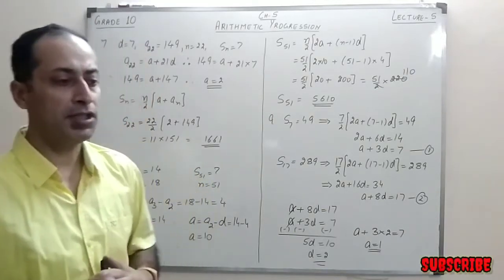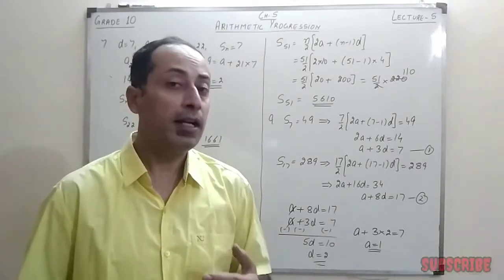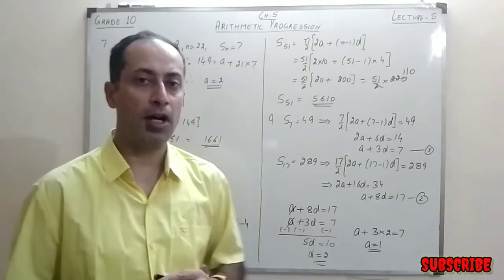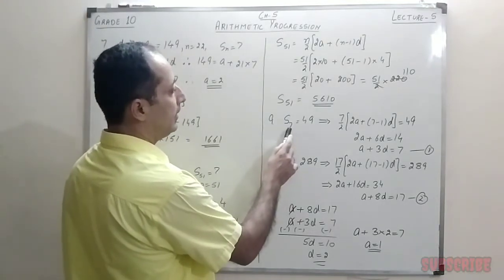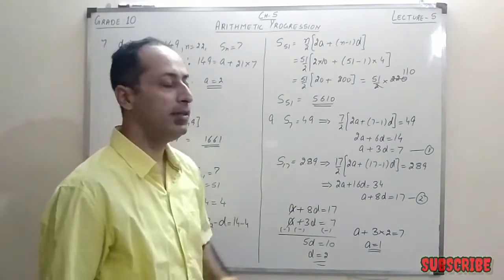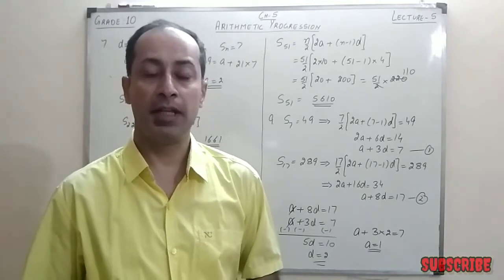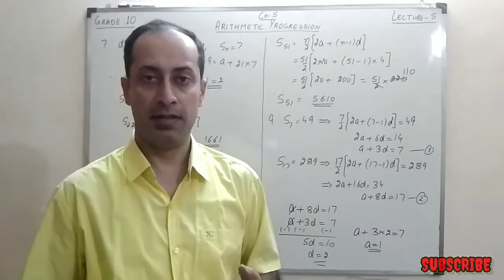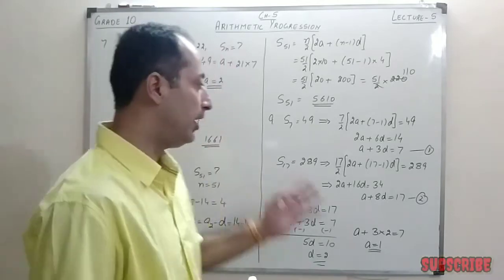See, if this question comes in objective type like MCQ type, you can directly write the answer. See how you can get the answer. What is given: this is 7 and this is 7 square. Here it is 17, it is 17 square. It means if I have to find the sum of n terms, it would be n square. For the MCQ questions, this is the way you can use your mind while doing the question.